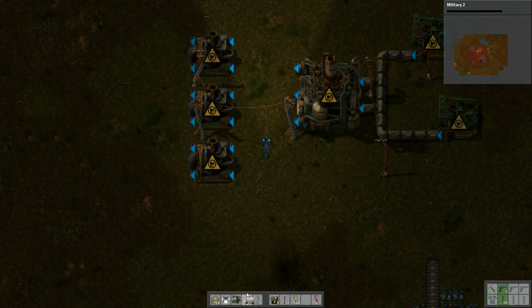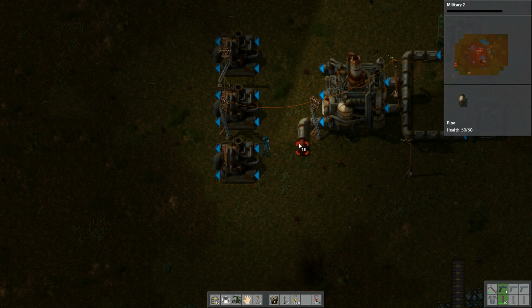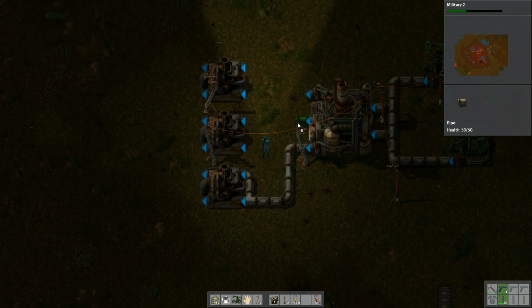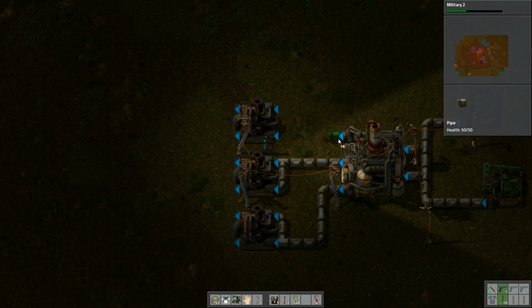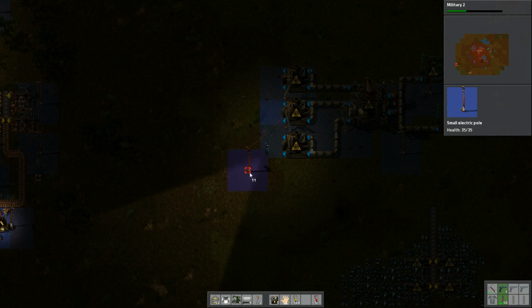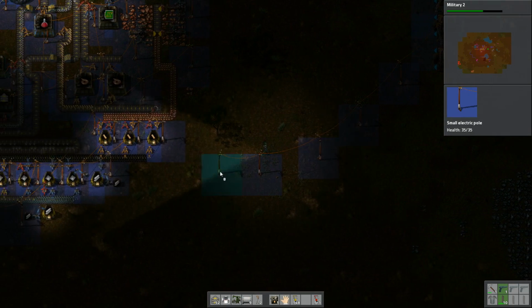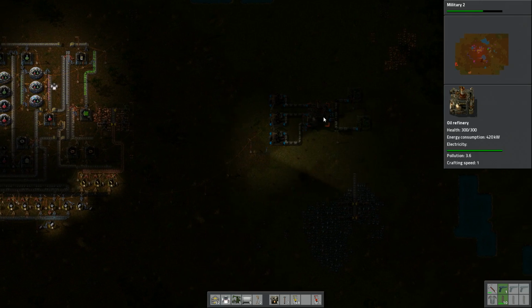That's fine. Connect. Connect this down here. Connect this to right here. And we'll do the top one like so. Okay. Now we just need to hook this up to the actual grid. There we go. And it'll start producing the